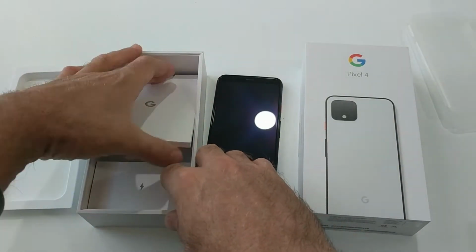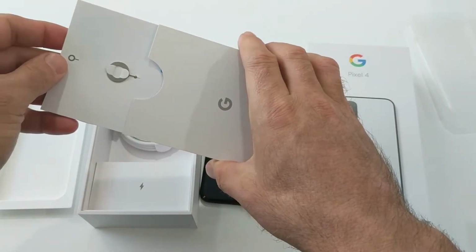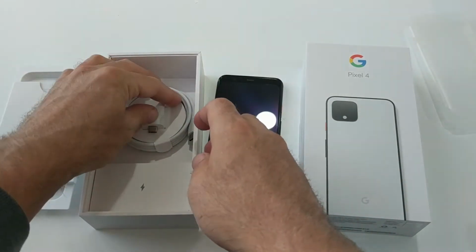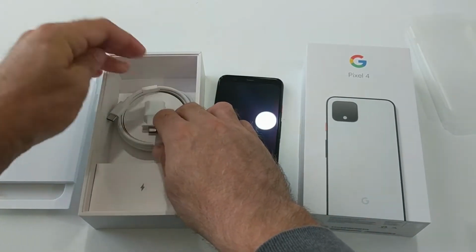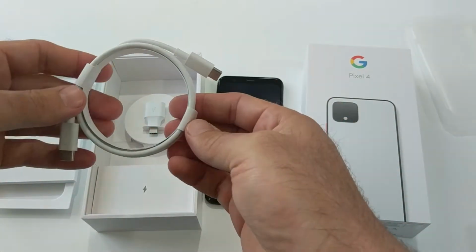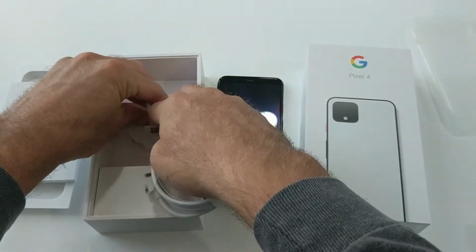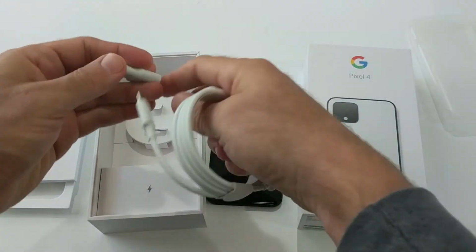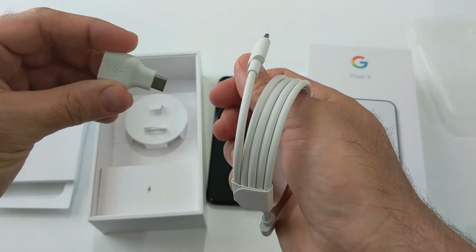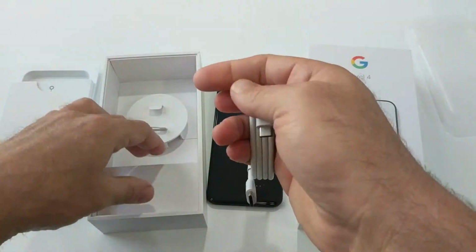Alright. Obviously you have your pin in here to open up the SIM slot if you need it. I have Google Fi, so I don't need that, but it's there. Comes with a Type-C cable. And then it looks like a Type-C adapter. Yep, Type-C, so that you can use it for any old charging cables you have. And then